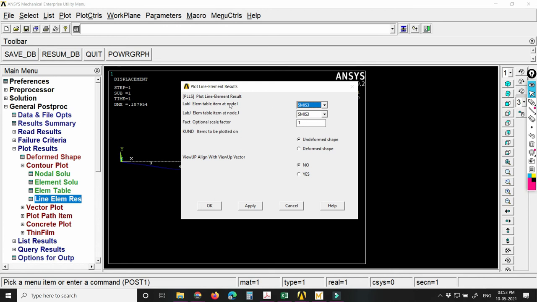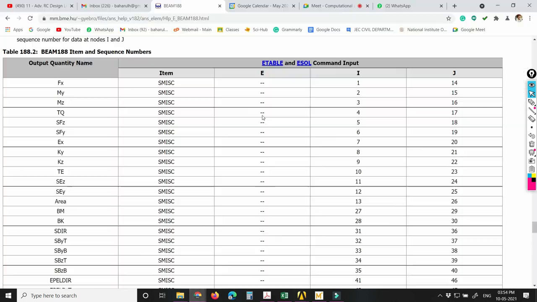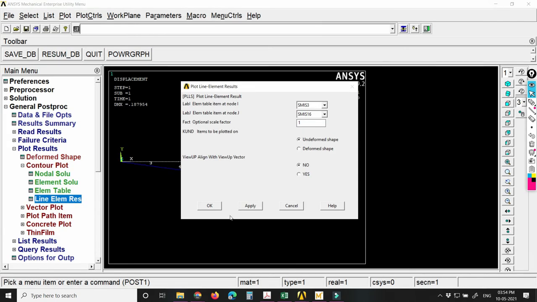I know that if I want to draw the shear force or bending moment diagram, for node 1 it is SMIC 3, and for node 2 or node J it is SMIC 16. So that is what I have, 3 and 16 over here. And whether you want to see the bending moment diagram in the deformed or undeformed shape, I want to see it in the undeformed shape. Press OK.